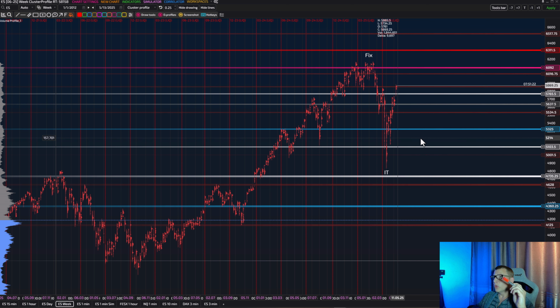Now, why potentially? We can't classify any movement, any range, any consolidation as a balance until we see one of the responsive activities fully formed. So right now, we don't see a responsive activity, we potentially see a balance. And we have 2 scenarios here. In a negative scenario, the auction will bring the price up to this red level, 63.11, and then would build a seller's responsive activity. What is responsive activity? Responsive activity is institutional traders' activation. It shows us exactly who rules the market in the balance.